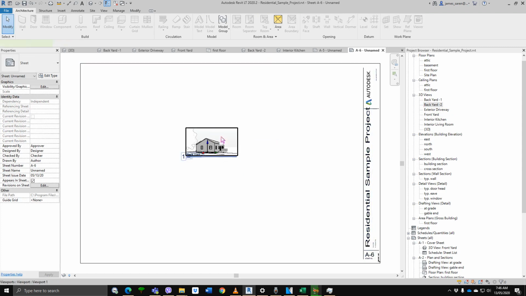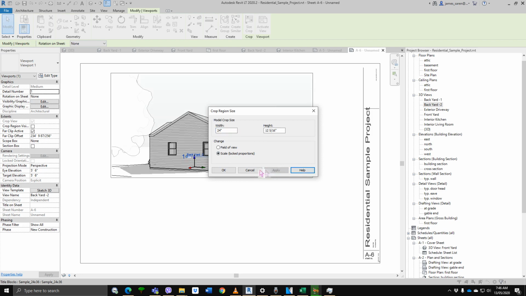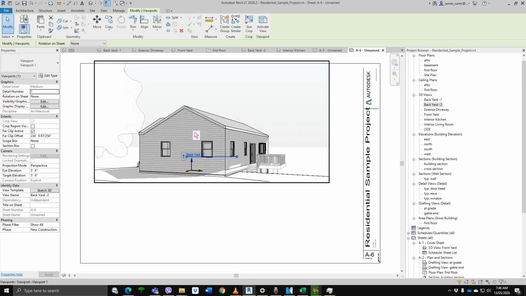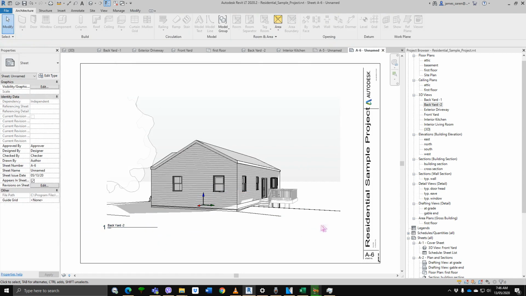And then if you want to make that larger, you click it, you click size crop, and you have to make sure you click scale. And whoops, the dimensions are in inches. In another video I've already shown how to change this, but let's say we go with 15 inches. Because it's on scale, that'll automatically adjust the height. And you click apply. If you want it to be bigger, maybe 24, hit apply. And you can just go to suit. And then if you want to change this text, or you drag it, you can drag it out of the way. And there you go, you've set up a 3D